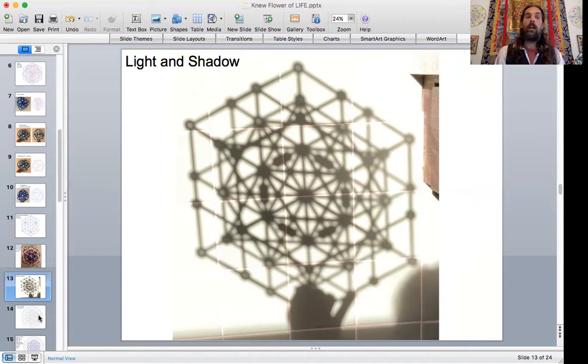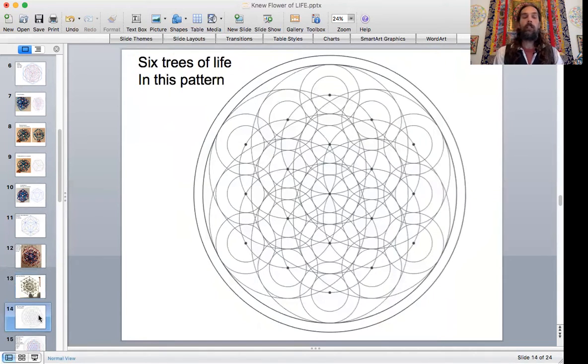I'm going to really elaborate on this over the next series of videos, because there are so many other components worth sharing. But this is a broad overview of where I'm headed with a lot of this material. Like I said, you've got the six trees of life in this pattern, and now I've included all the circles. All these circles are in phi relationship with one another, and we could connect the dots and create the tree of life here, or this way, or this way along